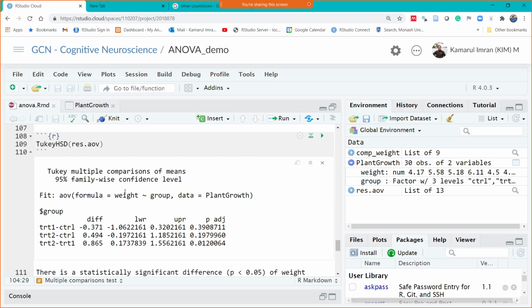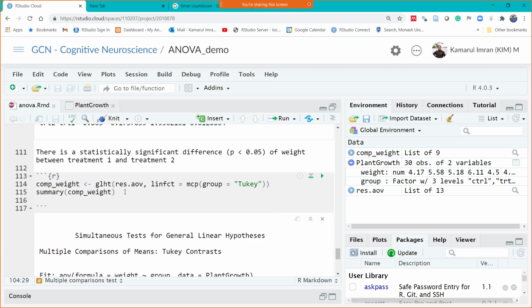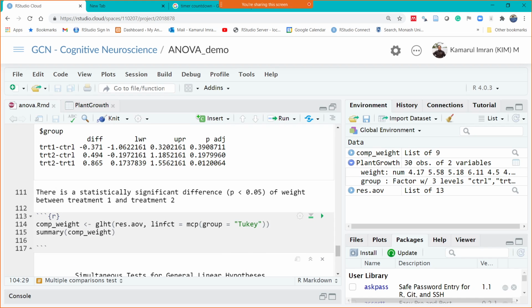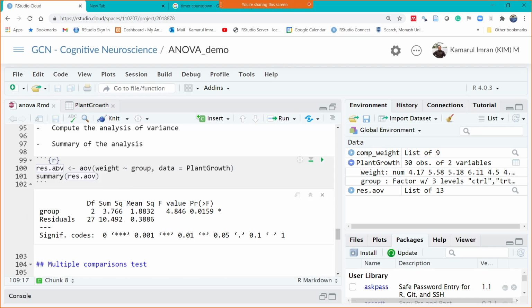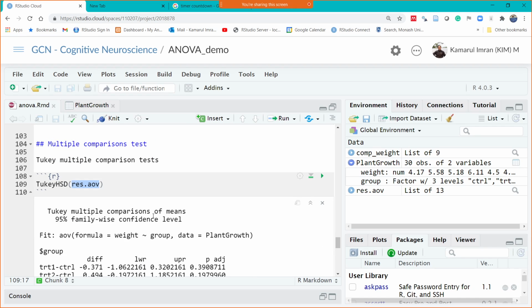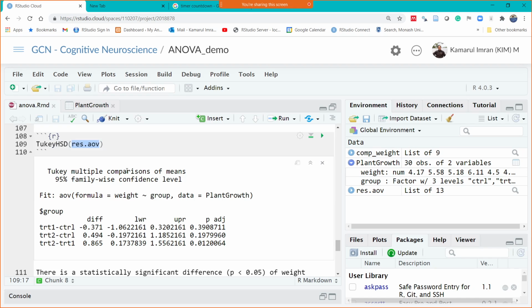In this example, we just give you one type of test, okay, the Tukey HSD test. So easy to do, just type TukeyHSD. This comes from the multcomp package, TukeyHSD, and then this is the result that we get from here. Okay, our model, and then Tukey multiple comparison test of means return these results. Okay, the p-value here is